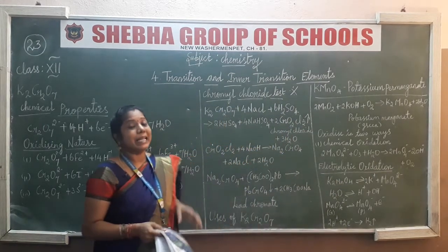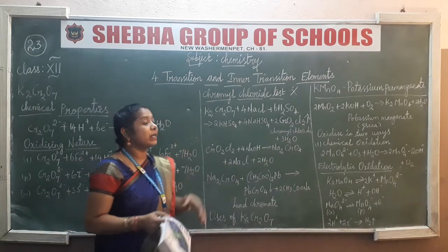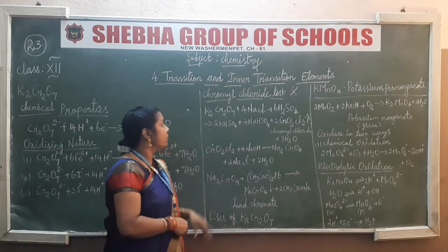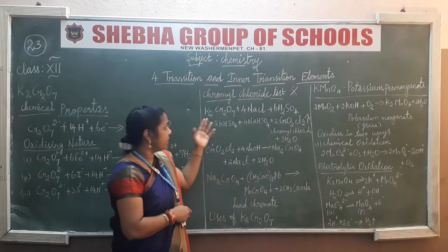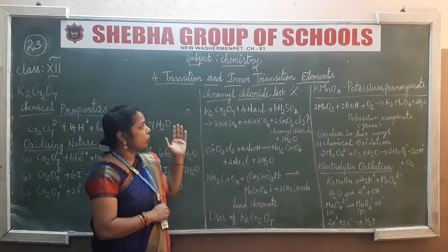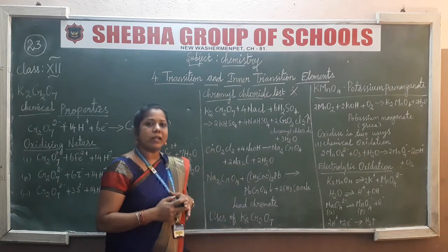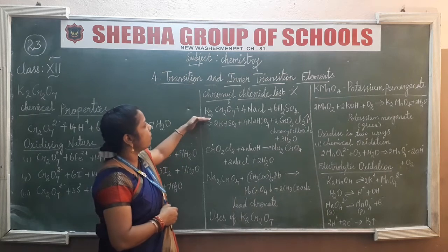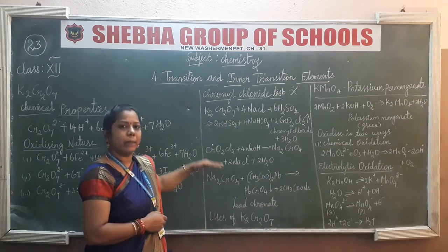Now go for the important chemical reaction for this chapter, that is the chromyl chloride test. You have already learnt the chromyl chloride test in the 11th standard in the laboratory. Since it was practical, you surely cannot have forgotten it. We have practised the chromyl chloride test, so it will be easy to understand, and it is very important too. I am going to explain how it happens through the equations.